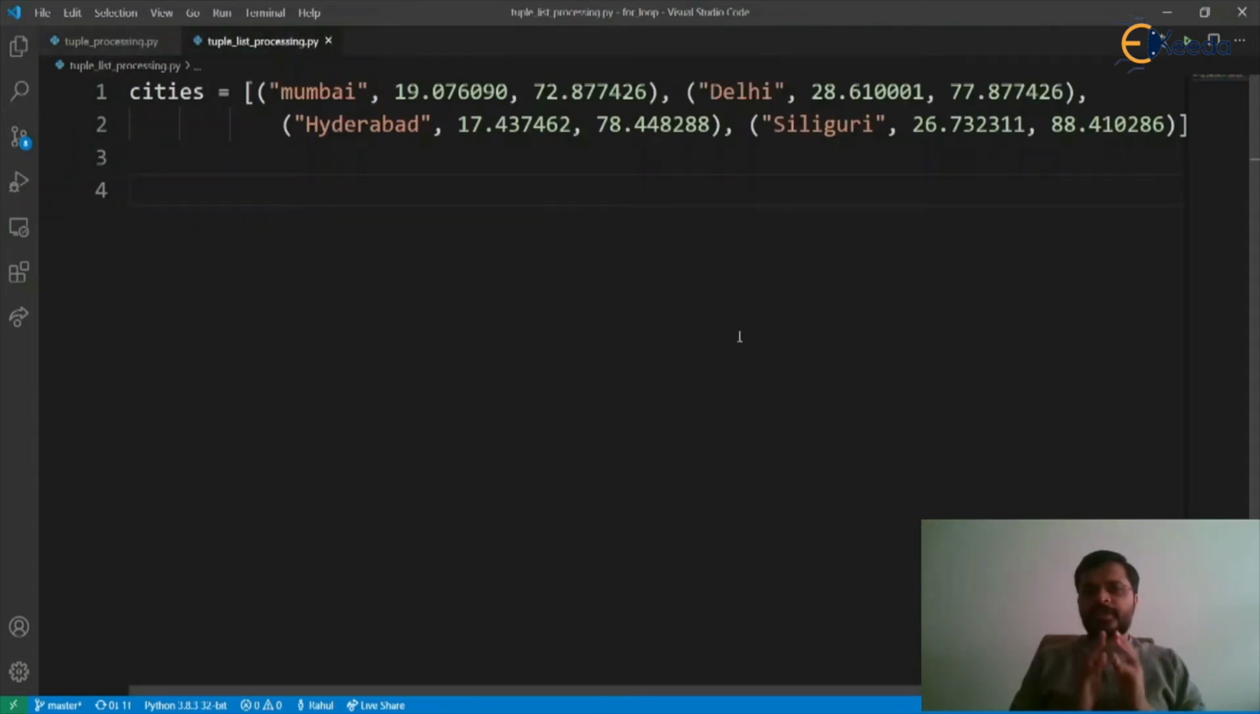Here we created a related list of tuples. So each tuple is having a city name, latitude and longitude of that city. Now to process this list and read each and every element of this list, let's use for loop: for city, lat, lng in cities,